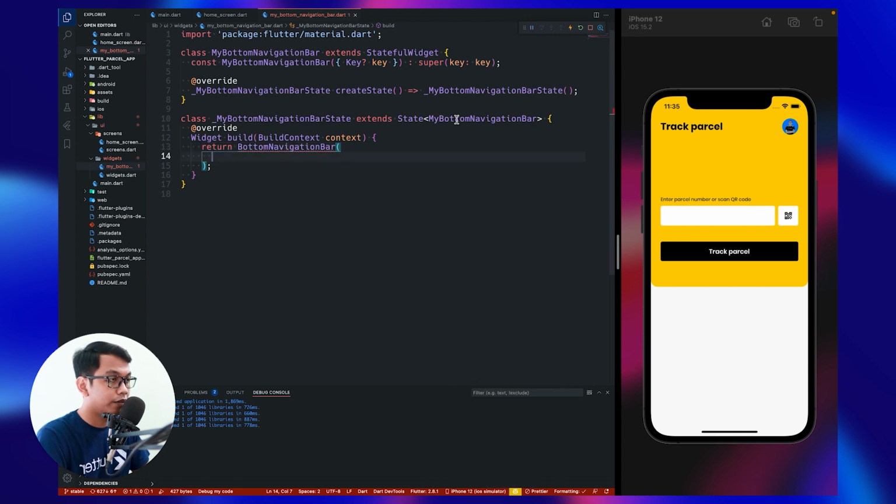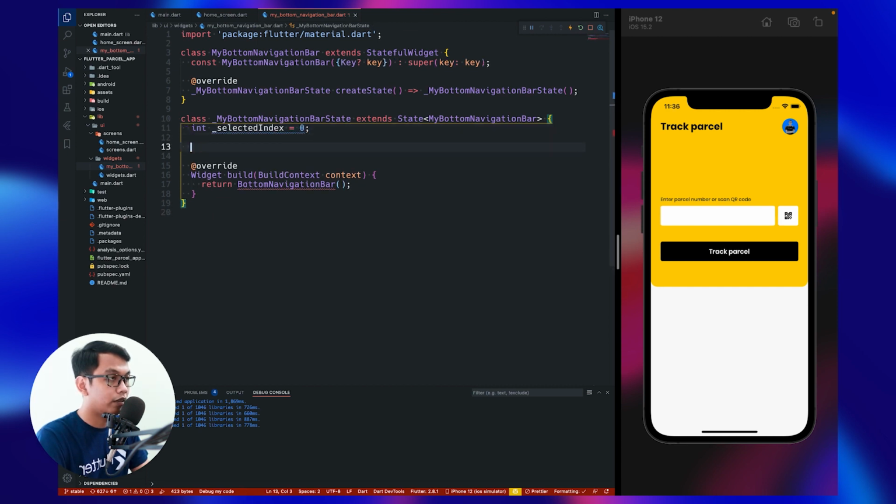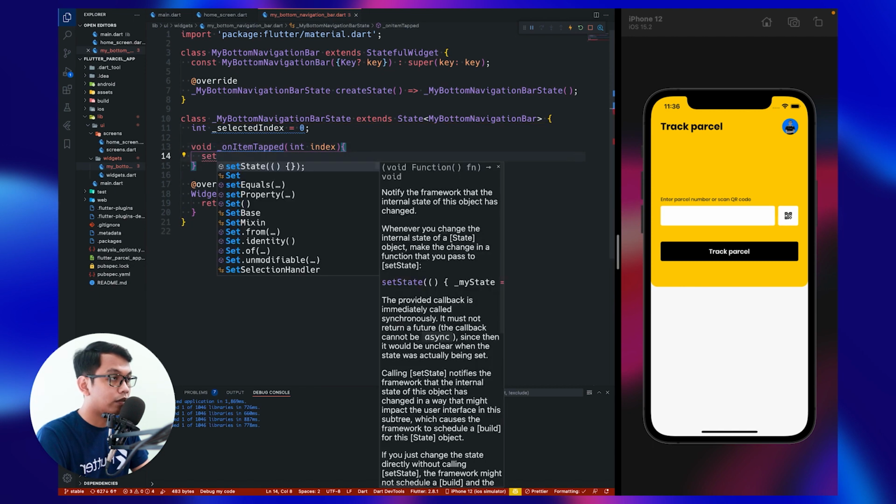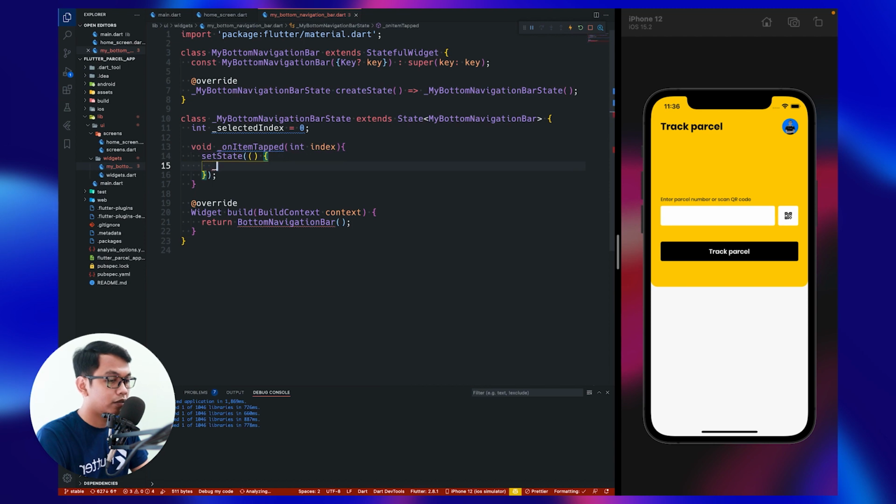And don't forget to create variable, name it as selected index with a value 0 for now. And we create a new method, we name it as on item tap. And for the parameter we use index and set state selected index equal with index, look like this.